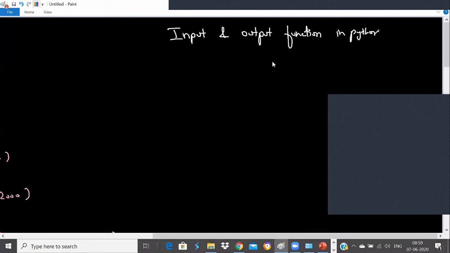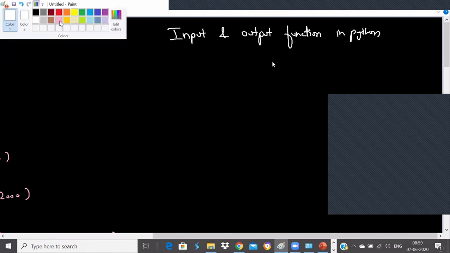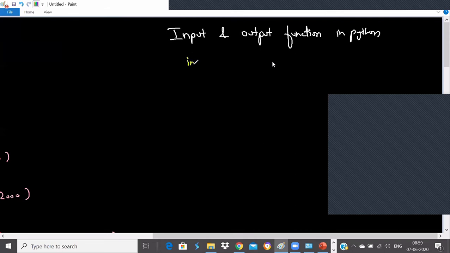First, for taking input in Python, we have the input function to take input from the user, and we have the print function to print output to the user on the console.